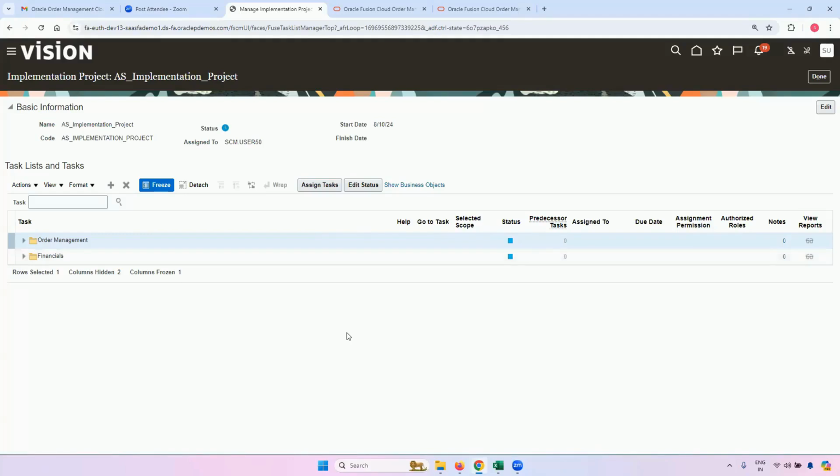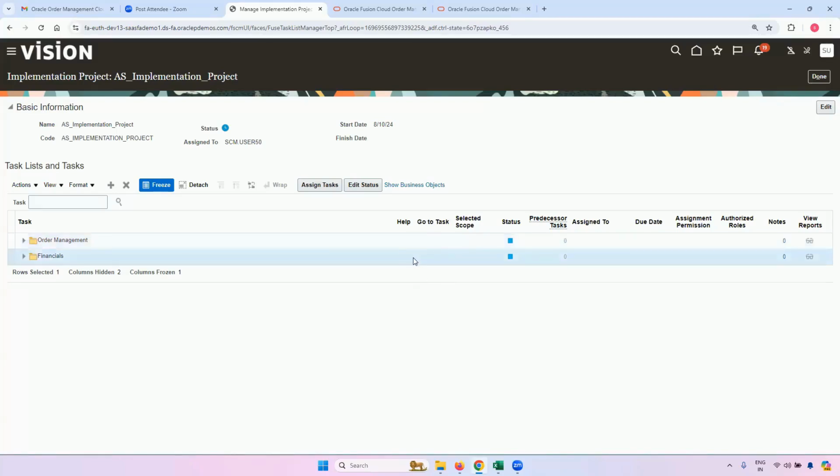Excuse me, I have a question. What if you don't finish by the due date that you mentioned there? What will happen? Nothing will happen. You manually have to track this. Okay, so Oracle does not send any notification, or take any action? This is just a preliminary setup. So it doesn't matter if you don't finish by that date, it doesn't block anything for you. No, it does not stop or prevent any action. Okay, it is just from the project manager's perspective, right?